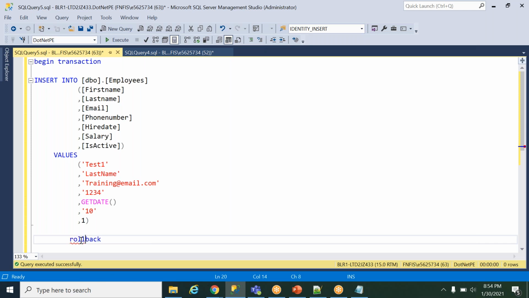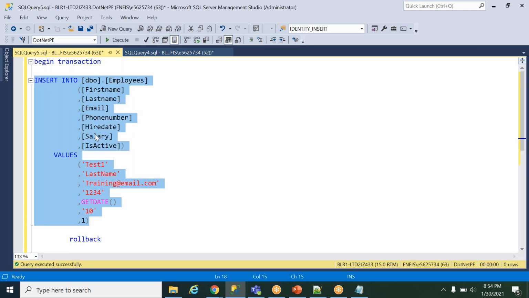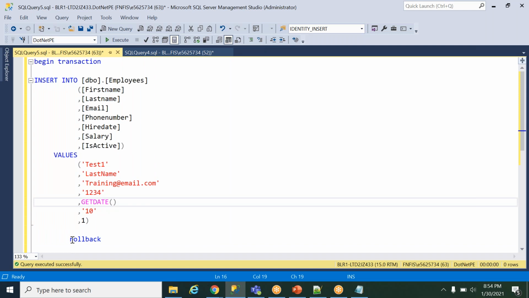Rollback means the data is temporarily saved, but you do not want to save this information in the table. So when the rollback occurs, you can just click on this. For example, in which scenario will you use rollback? I'll tell you from a testing perspective. You are trying to update some information, or insert hundreds of records in the database, and you just want to check how much time it takes to insert 100 records.